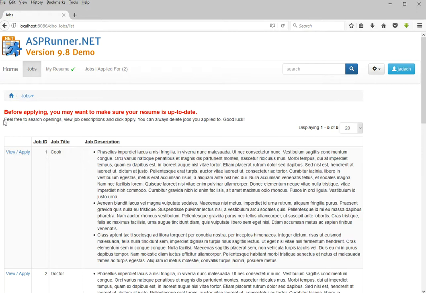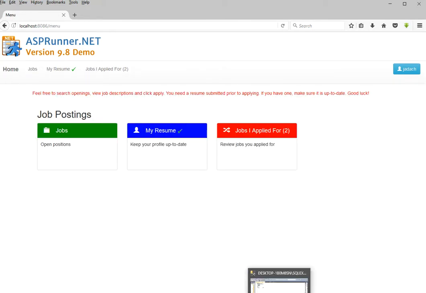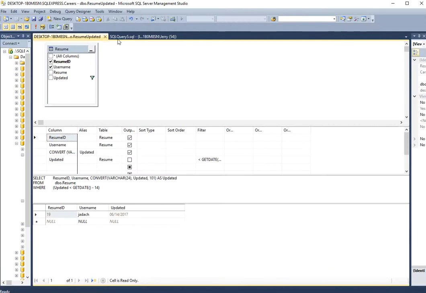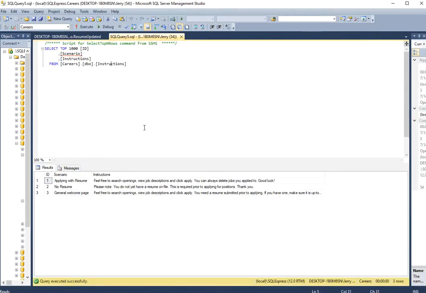And right here, this is coming from the database. So let's go and take a look at my database, what I do. The first thing I'm going to show you is I typically will have an instruction table set up and I will have scenarios, and those scenarios are meaningful to me, and I can then deliver these messages here based